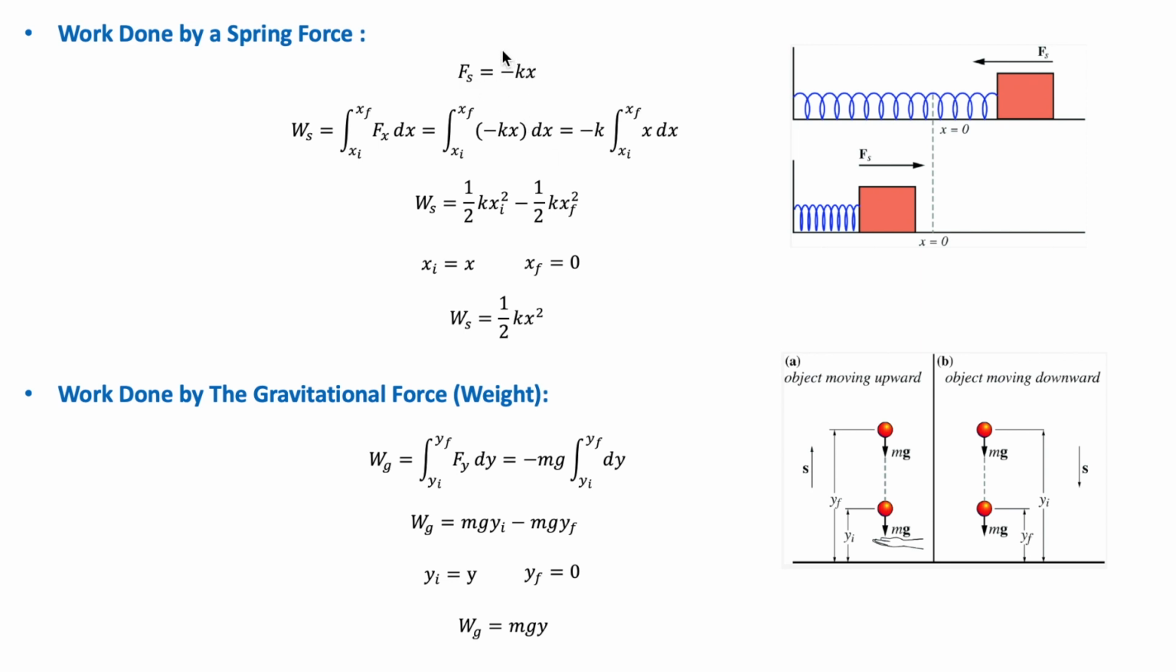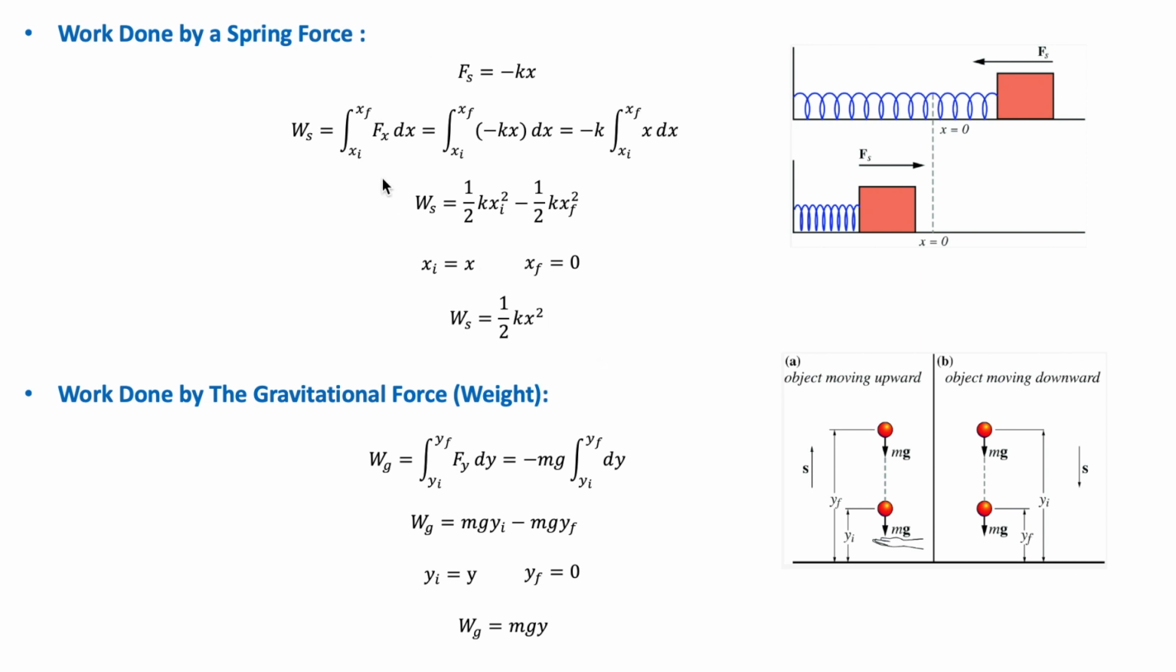So k here is a constant known as the force or spring constant, and it measures the stiffness of the spring. So the stiffer the spring, the larger is k, okay? And the minus sign here indicates that the spring force is always acting in a direction opposite to the displacement of the block. So the work done by the spring force in moving the block from an initial position x initial to x final